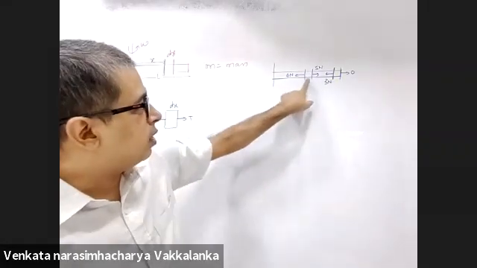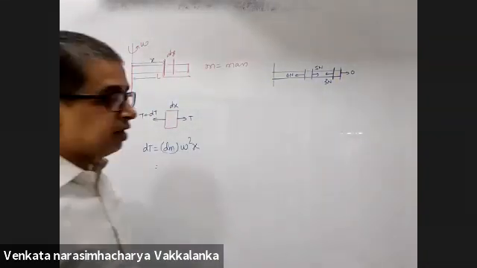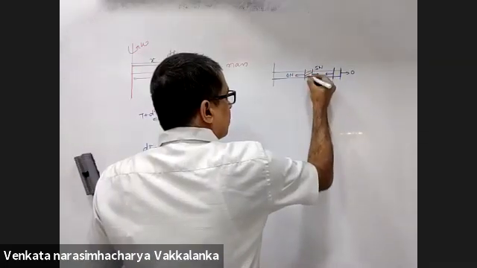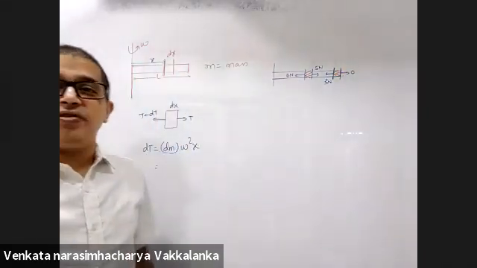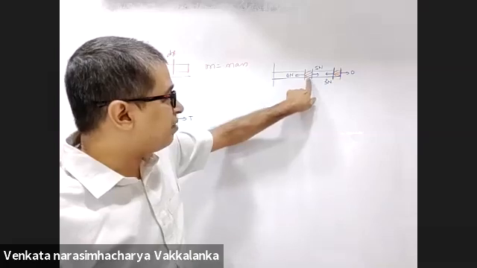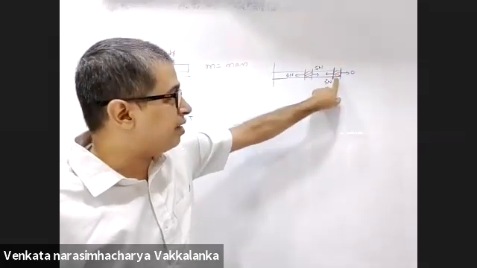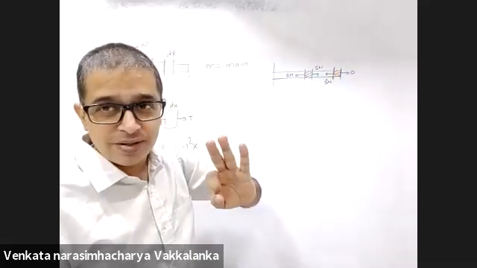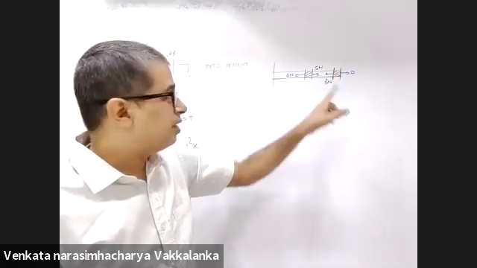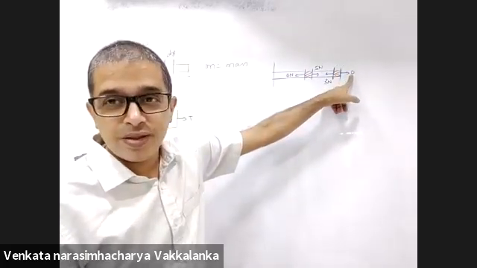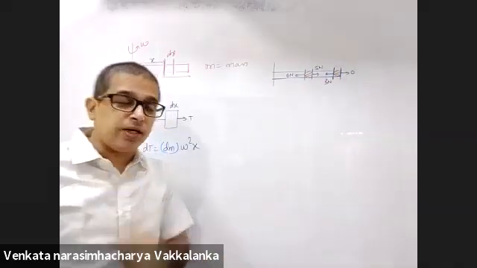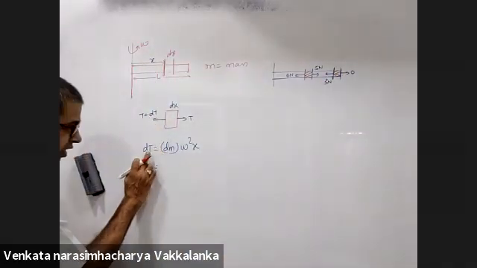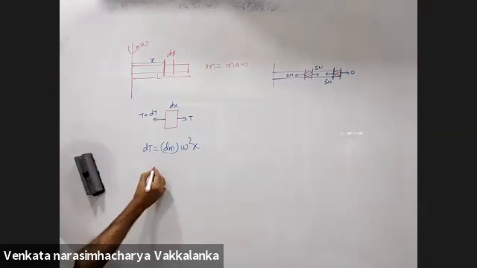As I am moving out, tension is decreasing. Do you agree with that? Yes, sir. But dT is increasing. Rate of change of tension will be different. Here the difference is 1 Newton. Here the difference is 3 Newton, 3 minus 0. So dT provides the required centripetal force and not T. Very orthodoxly, dT provides the required centripetal force.